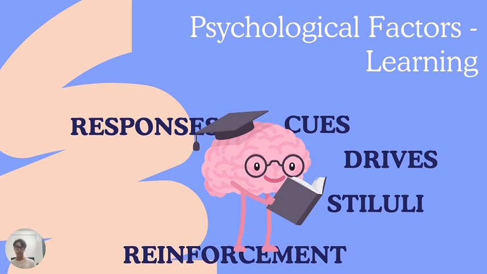Also belonging to the study of psychology, learning describes the changes in behaviors that arise from experience. So this results from a series of different factors like cues, drives, and reinforcement. So let's make up an example. Let's say you want to impress your friends by having a new pair of shoes. So that's your drive. And perhaps your favorite artist has a pair of Jordan 1s, so you want a pair of shoes as well. That's the cue.